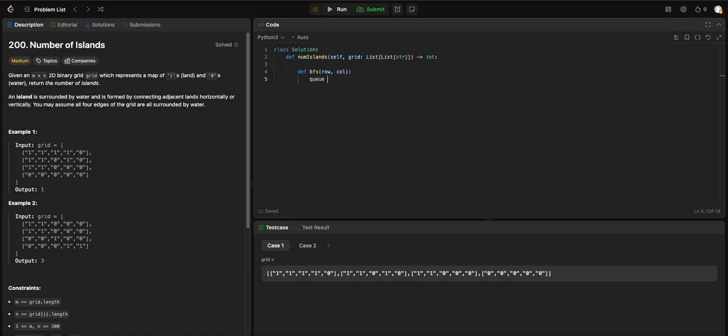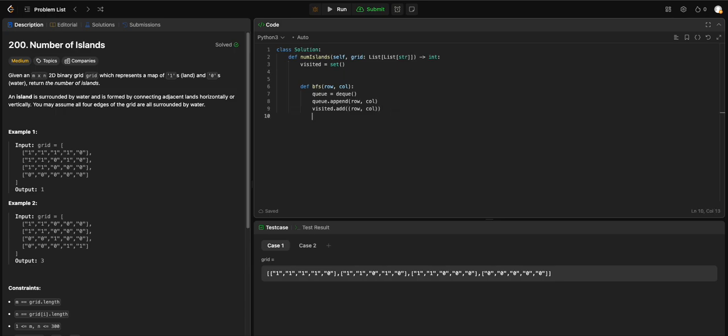I'm going to set up a queue, and then we are going to append our row and column into that queue. Set up a visited, dot add row and column. So we need to set up variables visited, that is a set,